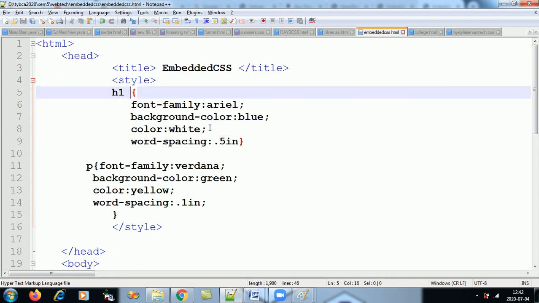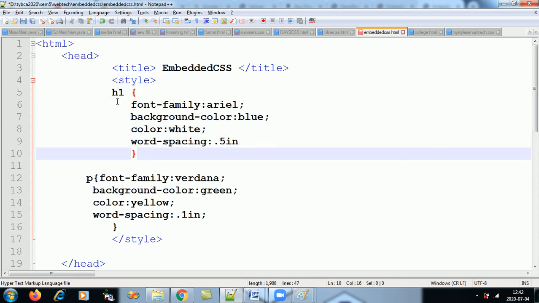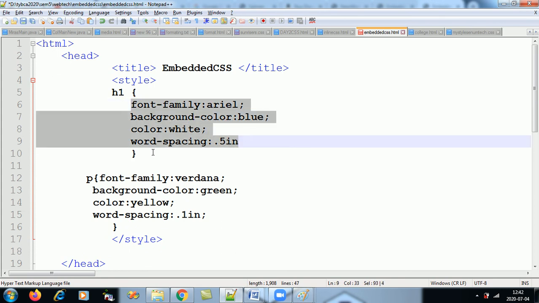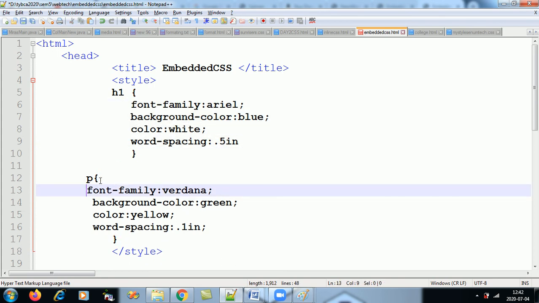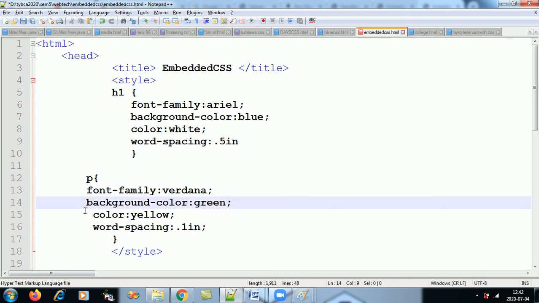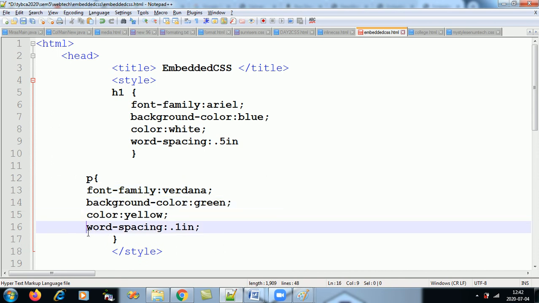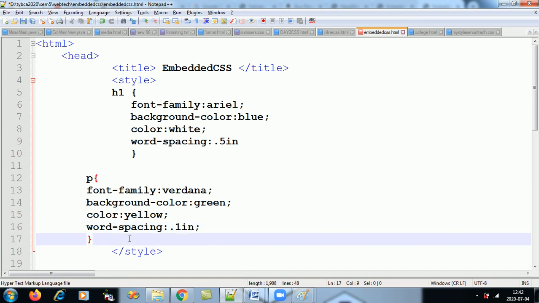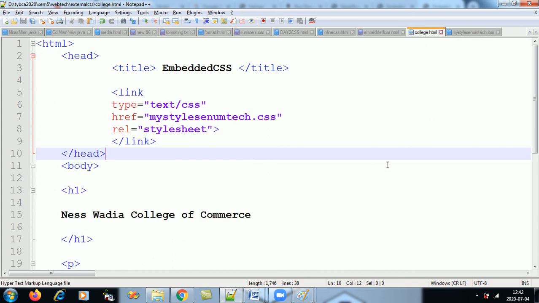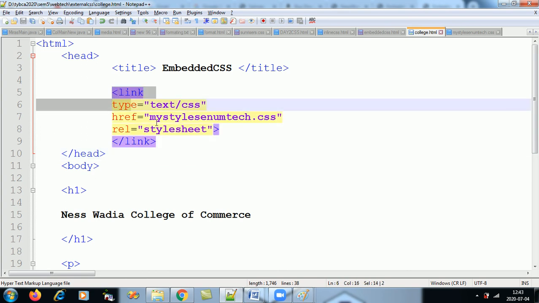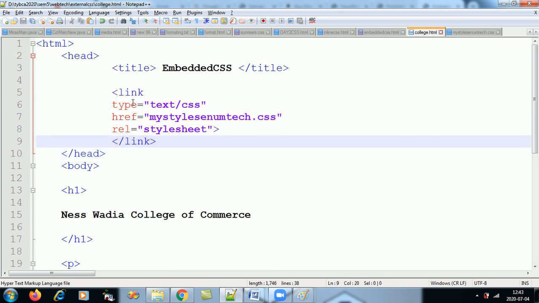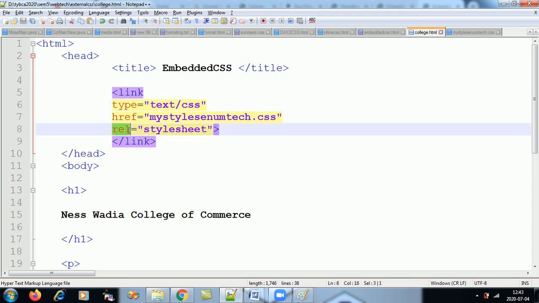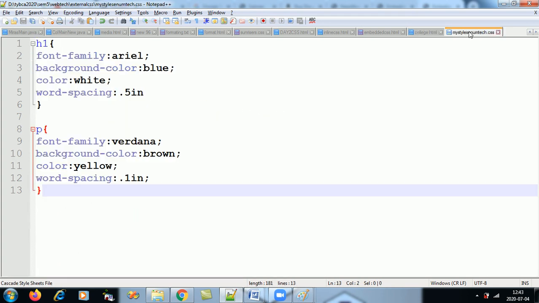This h1 is the selector, in the curly brackets give all the properties and values, close the selector, take a new selector, give the styles, and if there are multiple styles, separated by a semicolon, and the style tag closes. And for external CSS, link it to a CSS file with the link tag which has three attributes: type, href, and relationship, and make a CSS file in the same folder. Clear? Practice this, guys.